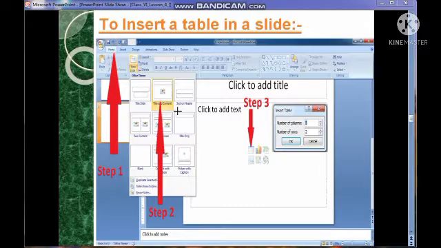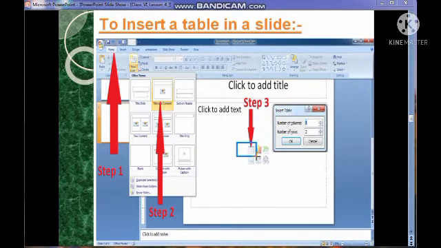When we click on the title and content option, different icons will display in front of us. So we have to follow step 3 and this table icon.